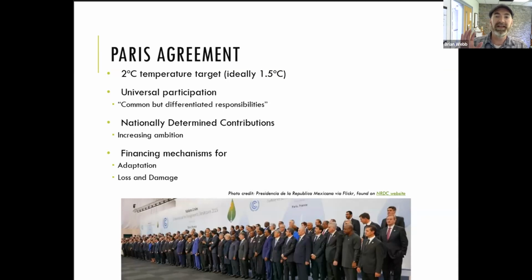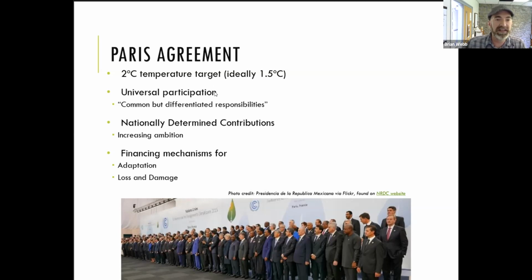Paris Agreement sets a temperature target of, we want to limit global warming to not more than 2 degrees Celsius above pre-industrial averages, and ideally aim for a 1.5 degree target. Now we've already gotten to 1.1, so we are well on our way to blowing through our targets. Thus why many people criticize the Paris Agreement as being ineffective. Nevertheless, it has created a framework that the world has agreed upon, that essentially almost every nation has agreed upon, and every significant contributor of CO2 emissions has agreed to this.